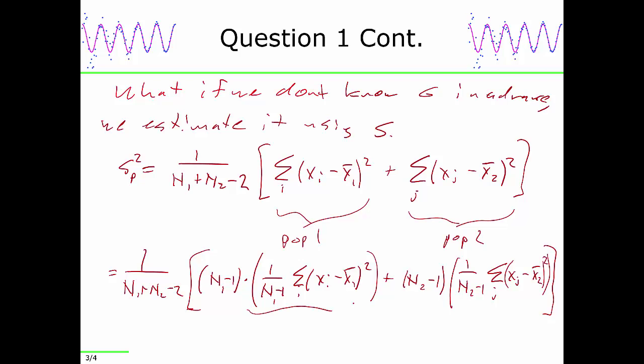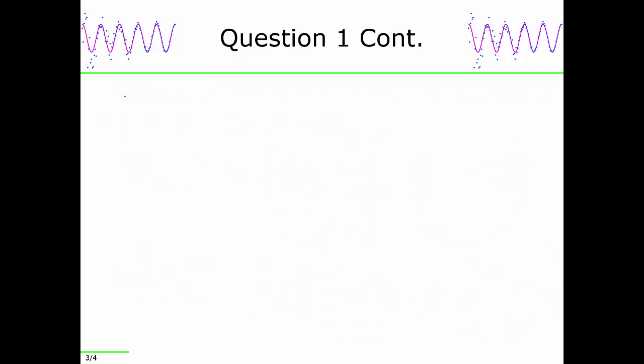Yeah, this is the definition of s squared 1, and this is the definition of s squared 2. So now we can substitute those back in. That's the whole point of multiplying by the 1, by n minus 1 over n minus 1. So if we do this substitution, what we'll end up with is s squared p for the population is going to be 1 over n1 plus n2 minus 2 times